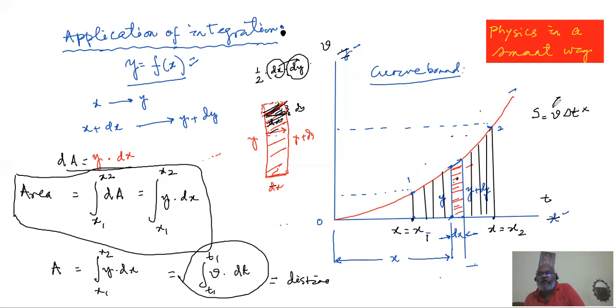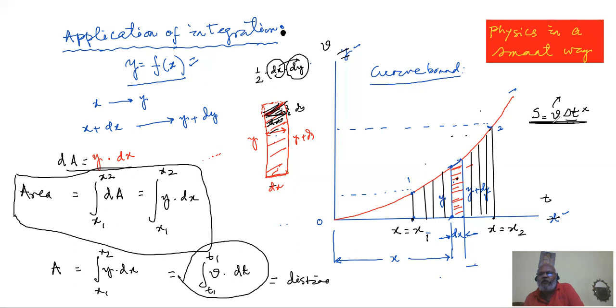The people ask, what value of v have you taken? And we know within our time interval, that is t1 to t2, now x1 becomes t1 and x2 becomes t2. So what value of speed have you taken? We know the speed has gone through several changes. So we cannot be so bold, and that boldness will be recklessness, to consider a large time interval and consider any arbitrary velocity. That won't do the job.